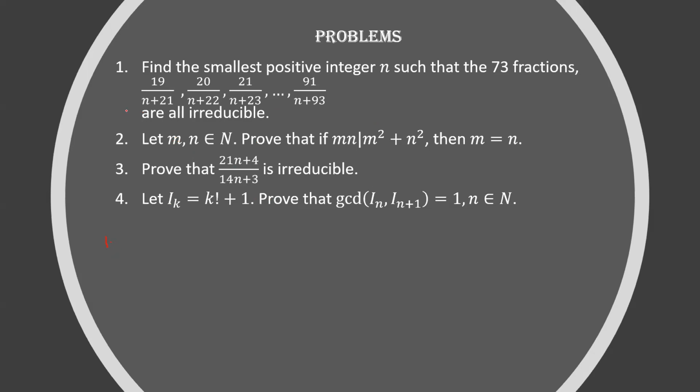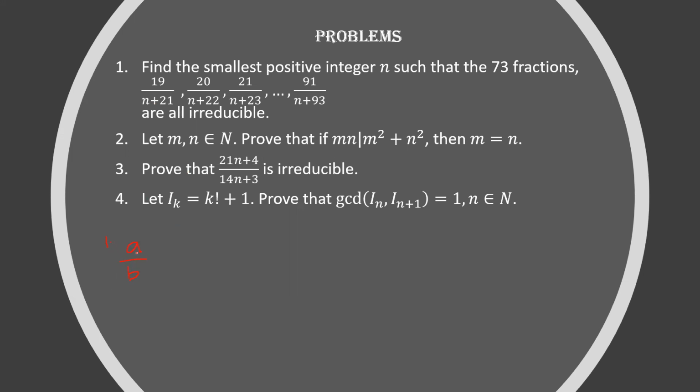First thing, when you look at these fractions, what can we observe? Before that, let me do one thing. First, when you say a fraction a by b is irreducible, what can we say about a and b? Is there any relation between a and b? Yes, there is. Can somebody tell me what happens to a and b if a by b is irreducible?